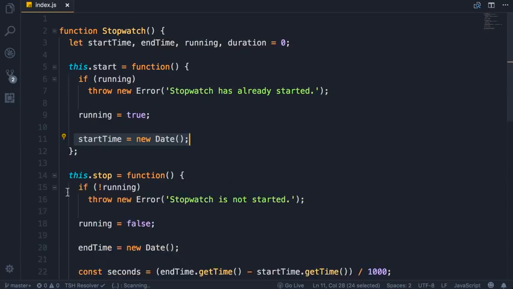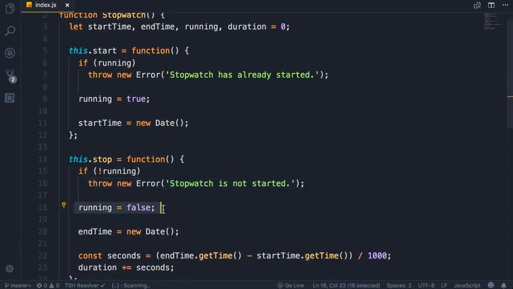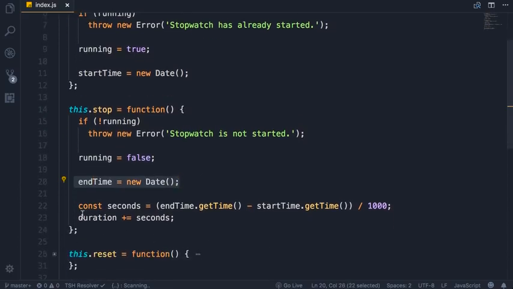The stop method is very similar. So first we have a validation check. If it's not running, obviously we cannot stop it. That's why we throw a new error. Otherwise, we set running to false. Next, we set endTime to the current date time. And then we calculate the seconds between the endTime and startTime. So we call endTime.getTime and subtract it from startTime.getTime. This expression returns the milliseconds between these two date objects. So we divide it by 1,000 to get the seconds, and then add that to the duration variable